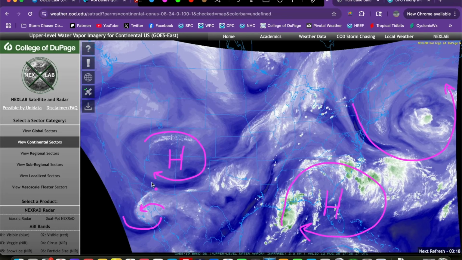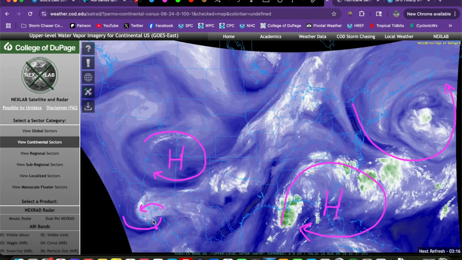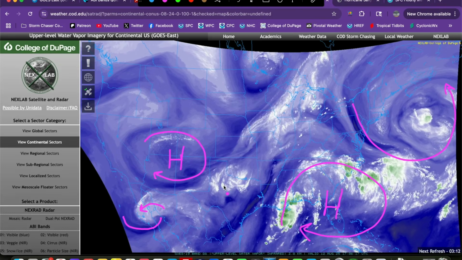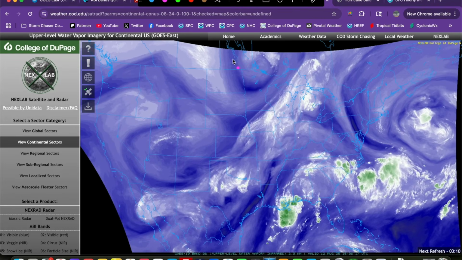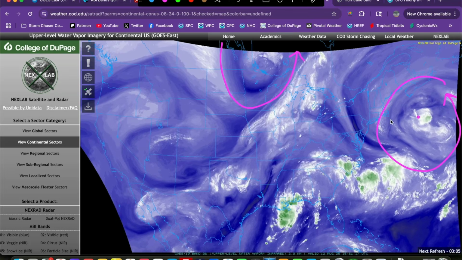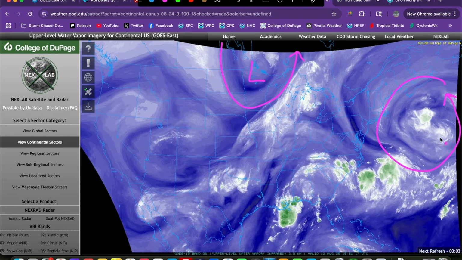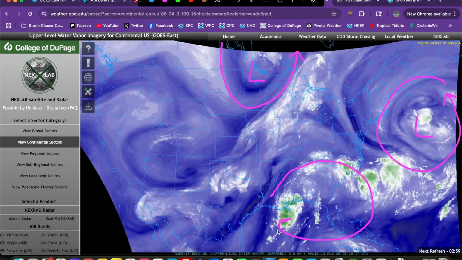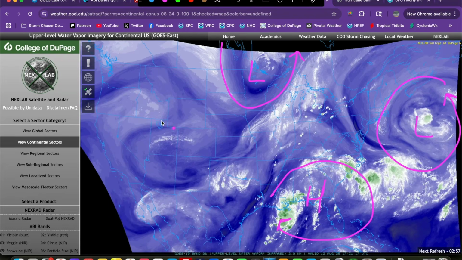So that is a little bit of a shortwave trough that is located there just to the south of the southwest ridge. And so let's see how we've done. So I'm going to mark our troughs and ridges here. So here is a trough out here in the Atlantic. I'll mark these as L for low pressure areas. Then we have a ridge of high pressure out here across the southeast into the Gulf,